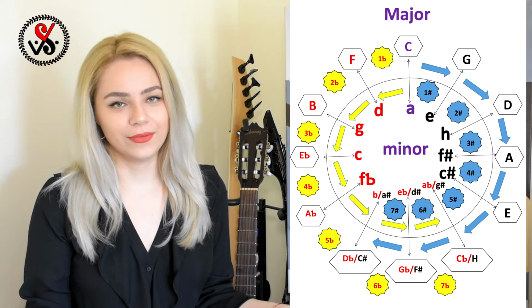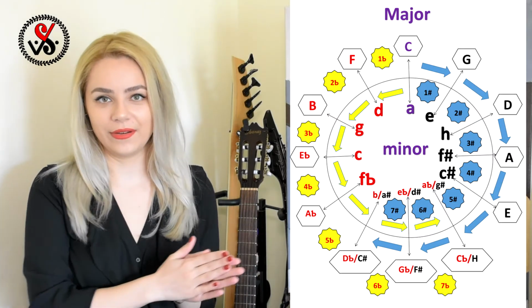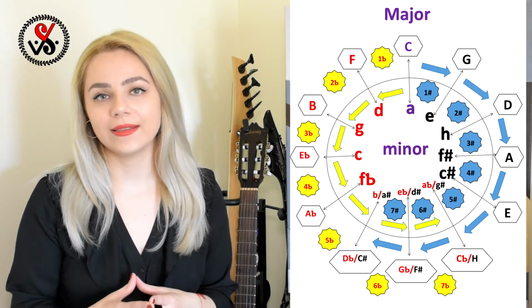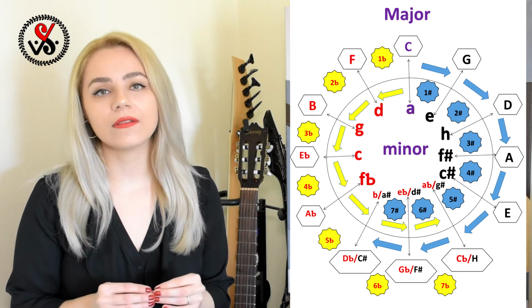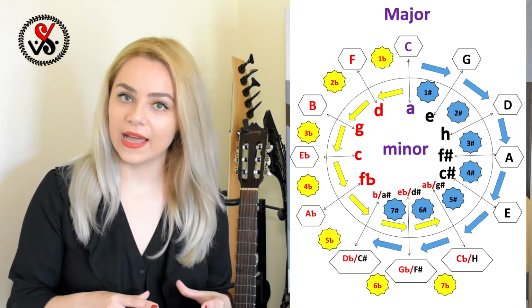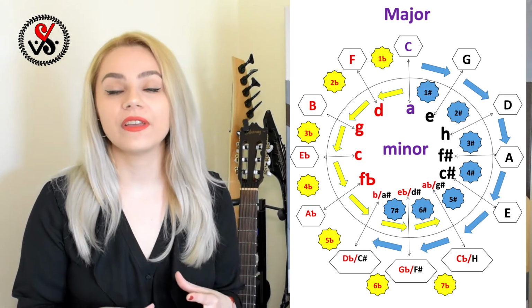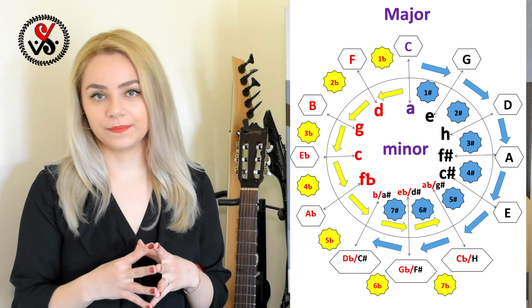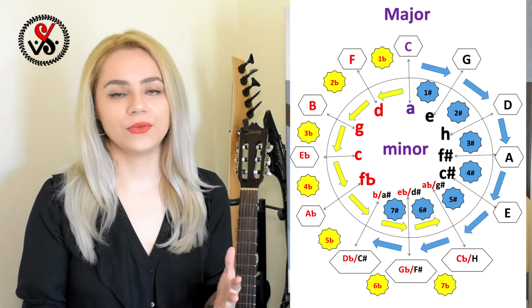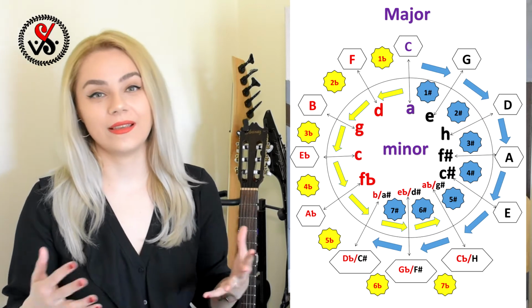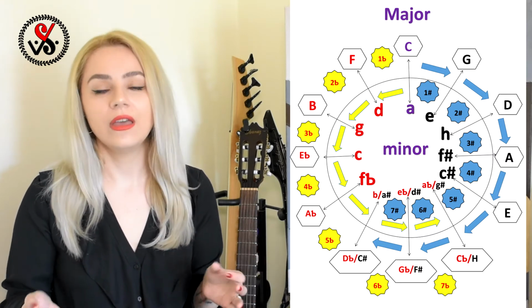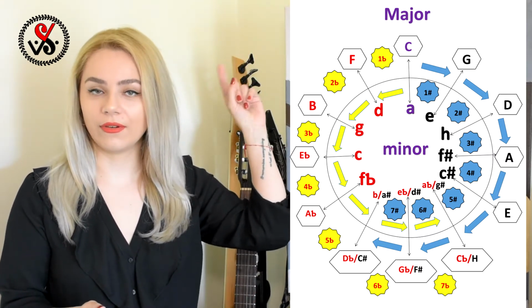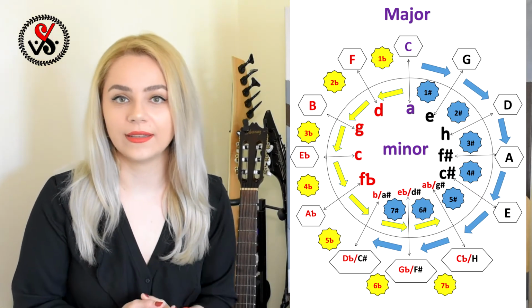So I prepared for you a picture, as always, and you will see that picture right here. For sharp tonalities we will use the perfect fifth interval, and for flat tonalities we will use the perfect fourth interval. Let me explain how we will do that. By the way, if you still don't know what these intervals are, you can click on the card right above my head and find that lesson.